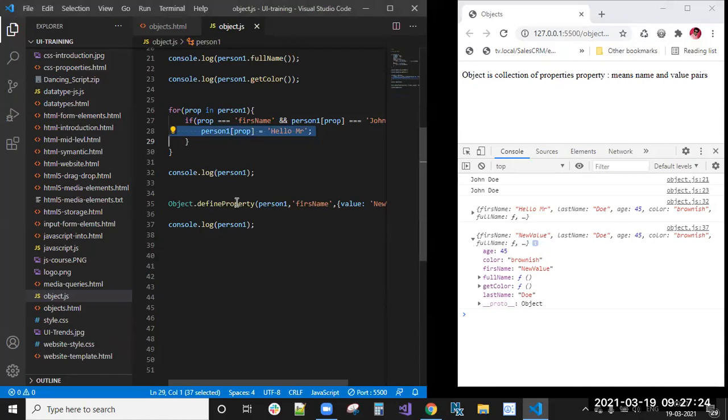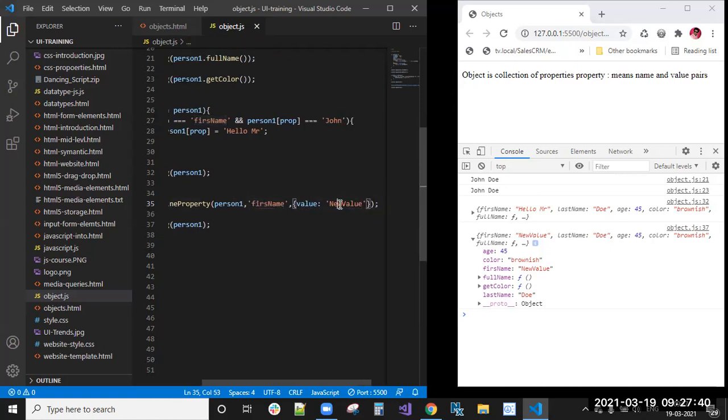Next, what I have given by using the object notation, we have the object constructor. By using that object constructor also, we can create new properties. Here that first name is there, right? If it is there, it will update this value with this new value. If this first name is not there, it will create.